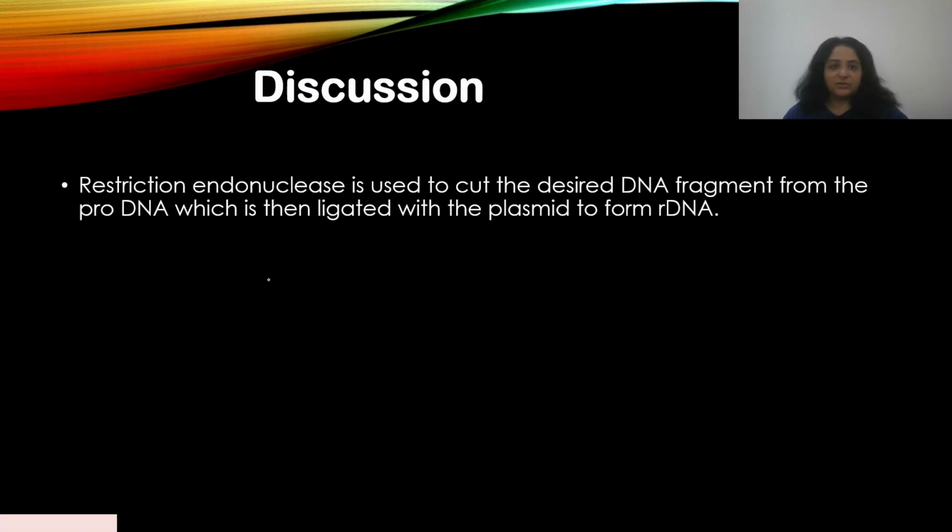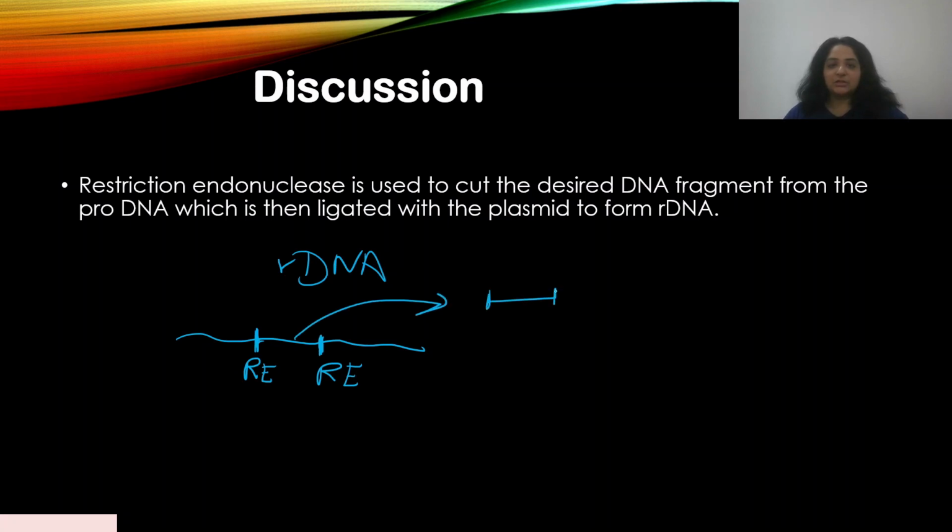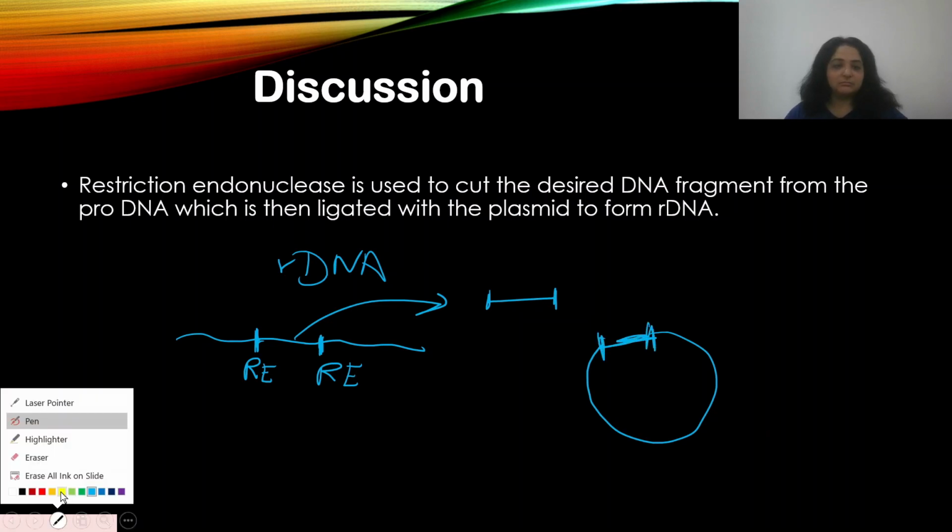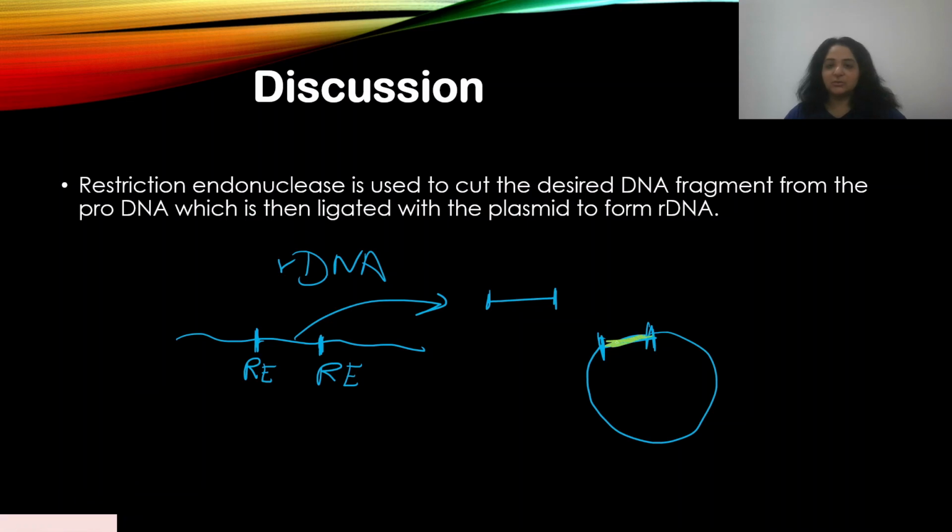So I've already previously explained how rDNA is formed, right? So if you have a pro-DNA and you want to take a desired fragment from here, let's say your fragment is over here. Okay, so a restriction endonuclease might cut over here and another over here. Okay, and then you can get that particular fragment and then put it into the plasmid over here. Let's say I change this color into a different one. Okay, so you have this over here. Okay, so this is your desired DNA fragment,